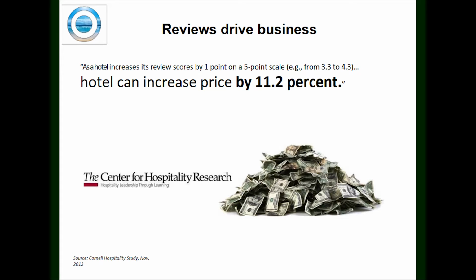If you think of a 5-point scale, so in this example is going from 3.3 to 4.3, they were able to increase their hotel price by on average 11% without losing any business. So this is just adding to your bottom line. Going to the next slide,